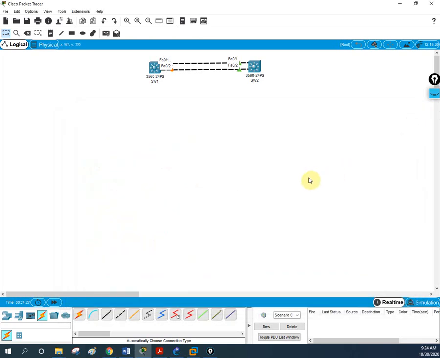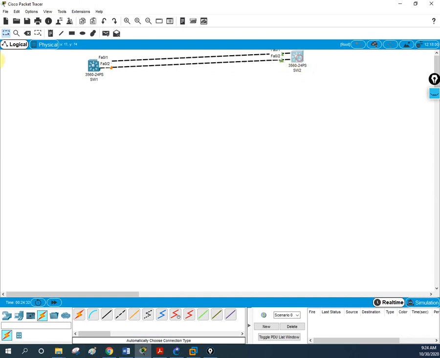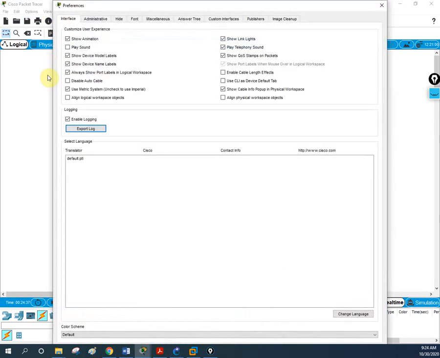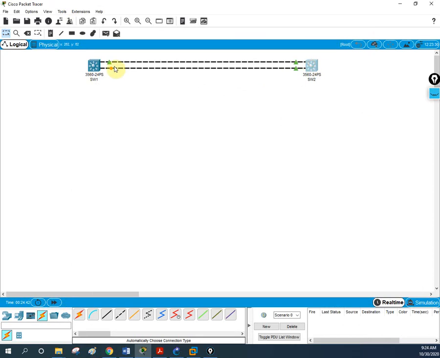So let me show you the difference. Let me remove the labels, because you can see the port status here. See here, this port is down, and these are up, both ports, because this is the root switch, that's why it is up, and this one is down. So I will delete this uplink. See how quickly it becomes green, because we are running RSTP.